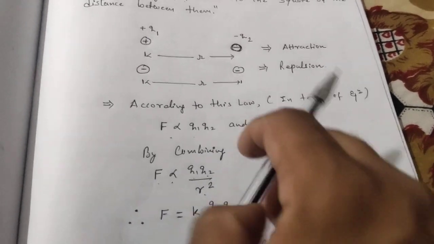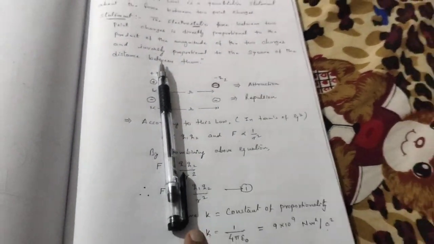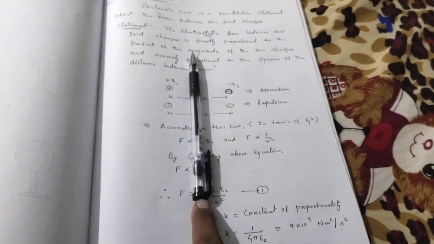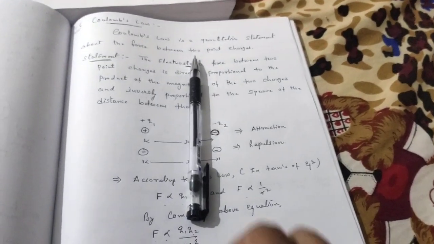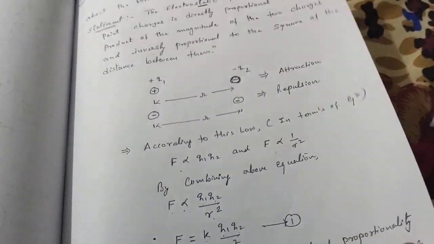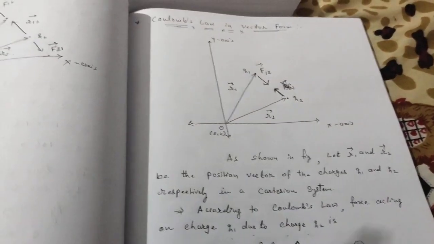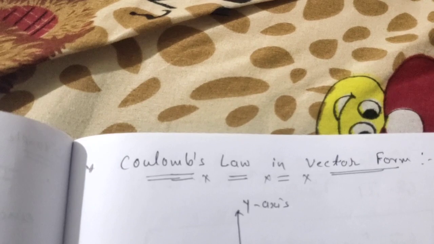And if over here we have a pen, and simply if I apply a force in this direction, we can easily predict in which direction this pen is moving. It means it has a direction. So based on this assumption, we have the next theory, and that is Coulomb's law in vector form.